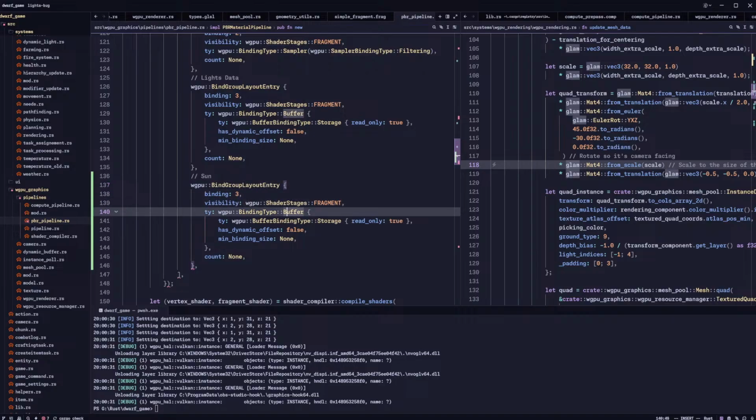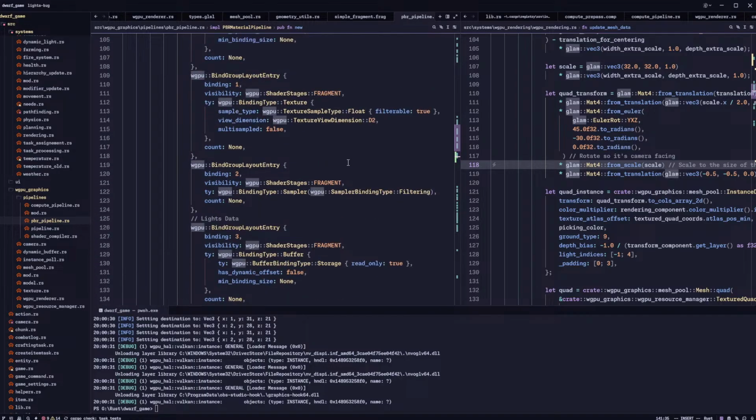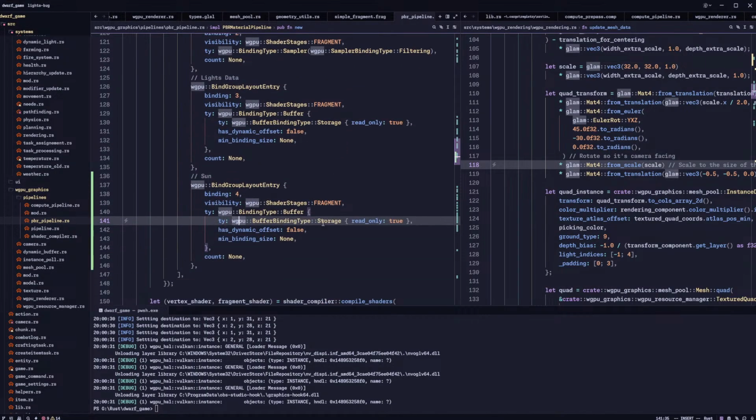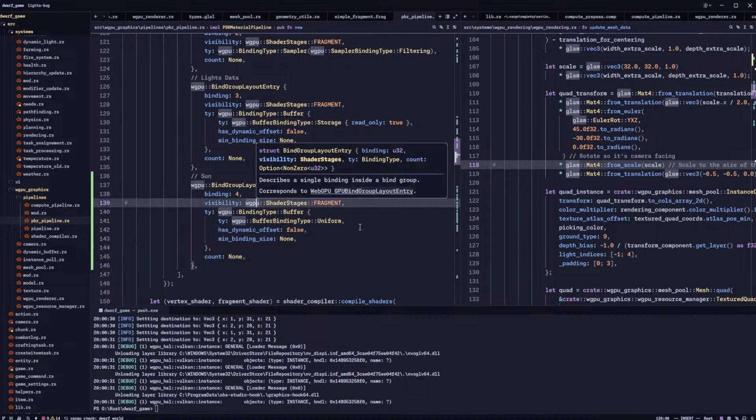Okay. Binding 4 only in the fragment. This is not a buffer. This will be a uniform. A uniform buffer. These are fine. Okay. And now,